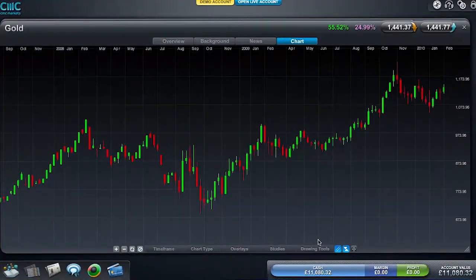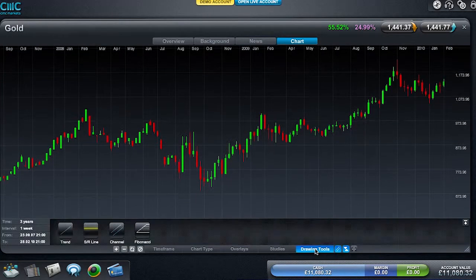Now, a resistance level is an area higher than the current market price where we find the sellers come back into the marketplace. And what actually happens is the price seems to fall at this level. Now, we can trade off the back of that in a number of different ways, but let's try and identify that resistance line first. So if we go down to the drawing tools, we have one there called the S&R line. If we click the S&R line,